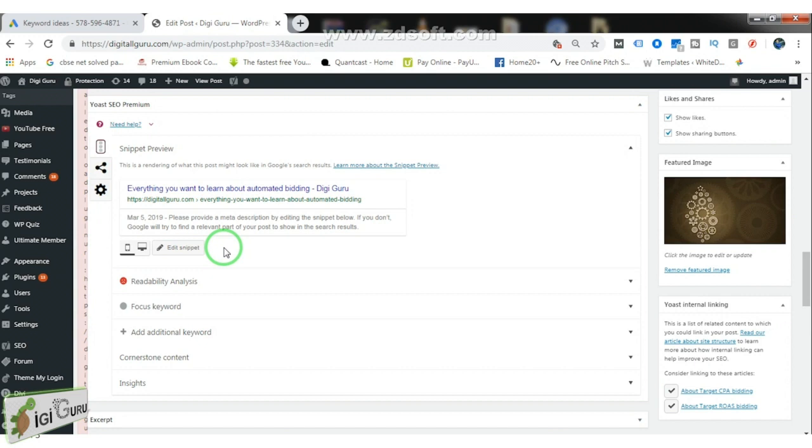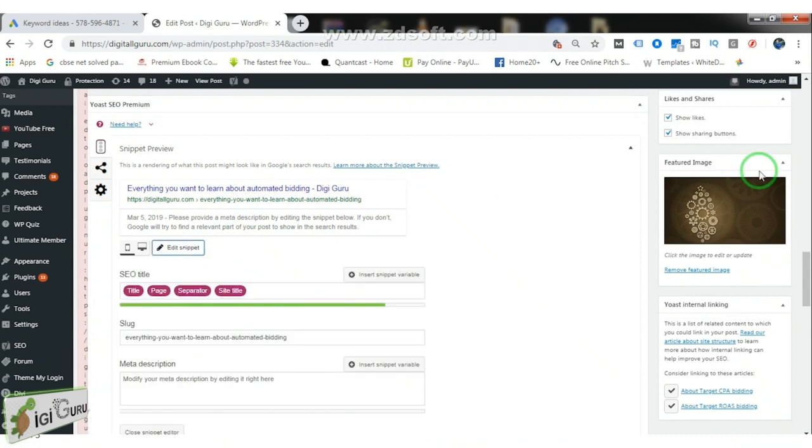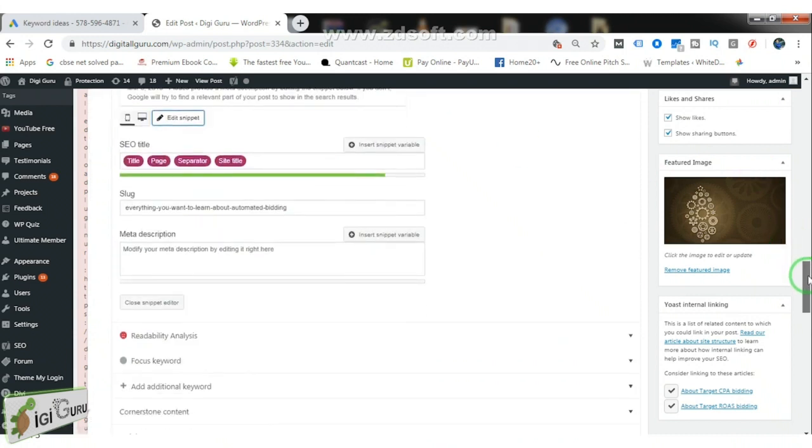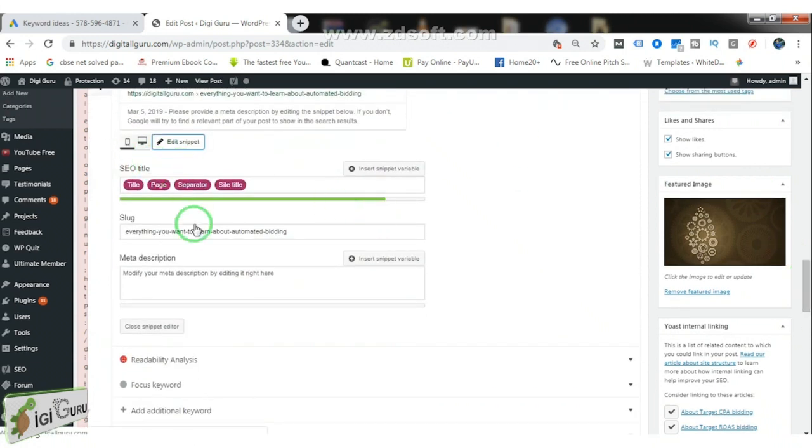So now let's learn how to change the heading of our website. In order to change the heading, we need to click on this edit snippet button. After clicking on it, we have three options in front of us: SEO title, slug, and meta description.